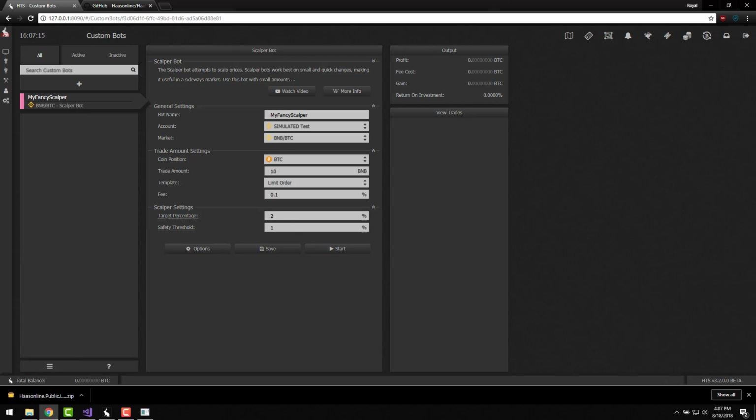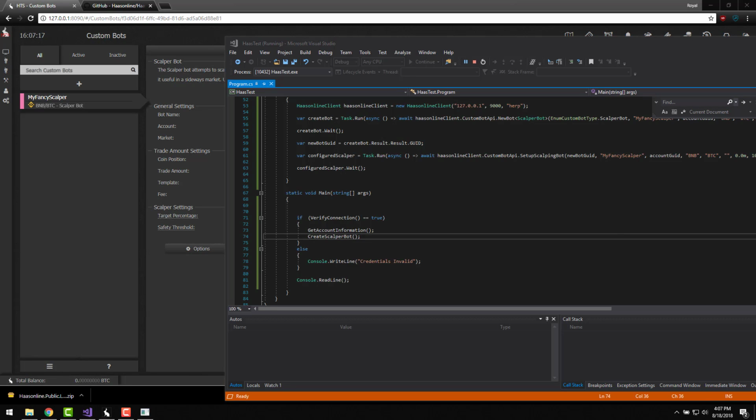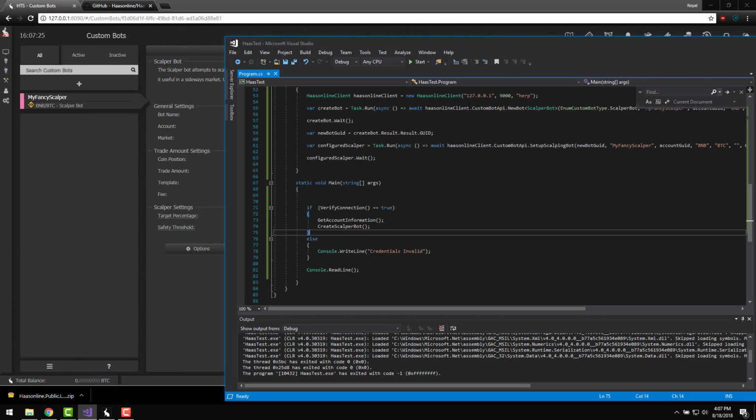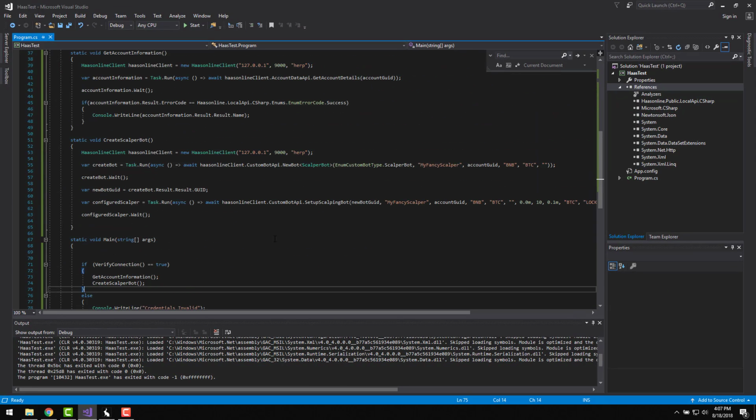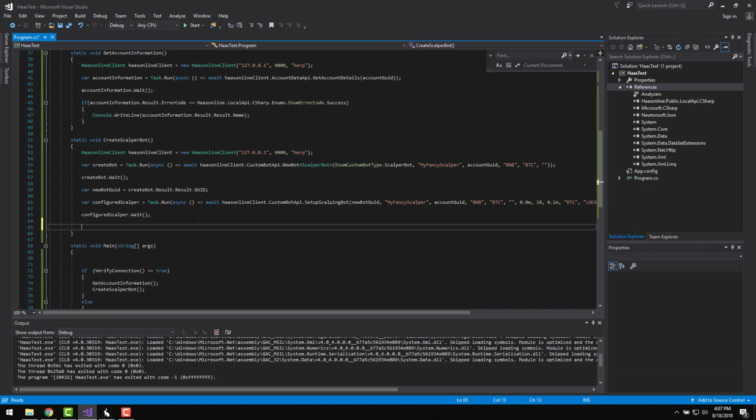Pretty cool, right? So finally what I want to do is I want to show you how to actually backtest a bot. And it's pretty straightforward. I just got to, let's see if we can remember it, or I'm going to have to look it up because C# land. All right, so we're just going to do it after the create. Let's just run a backtest to keep it all in the same area. So what we're going to do is run backtest and do the same thing, task run,